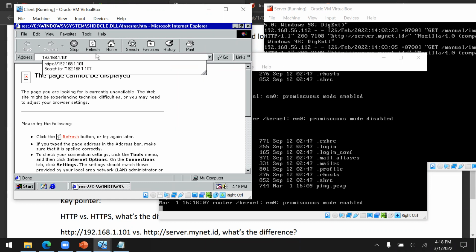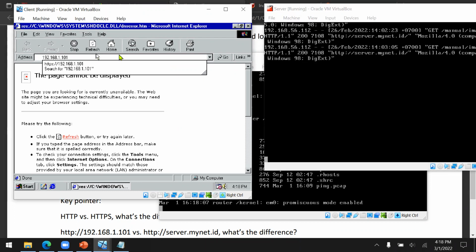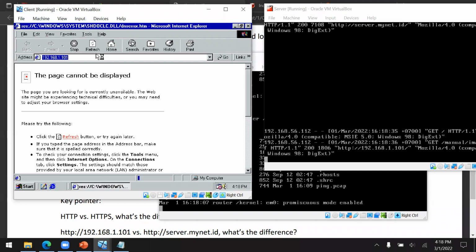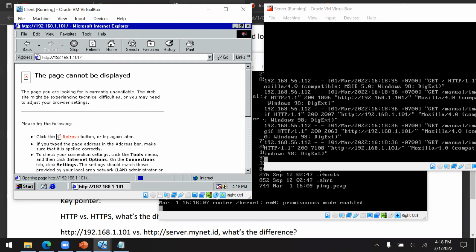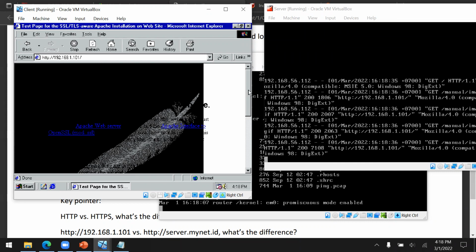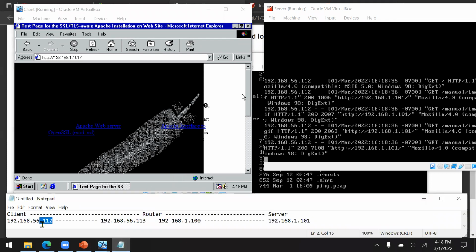Okay, now, let me check first. Okay, so we can see what happened on the server side. Enter. Now, as you can see in here, the server understands that there is a client trying to access my content, and its IP address is 56.112, which is the IP address of the client. And the access timestamp is the 1st of March 2022.